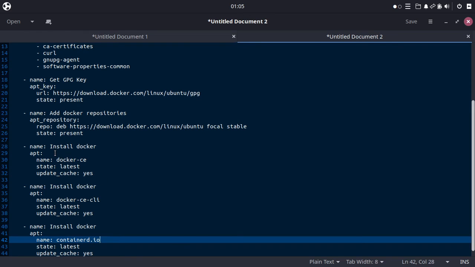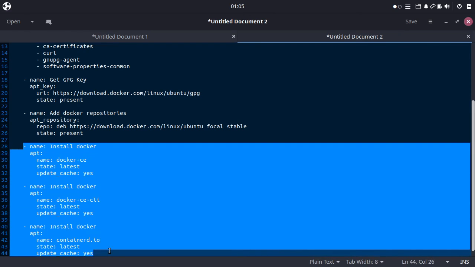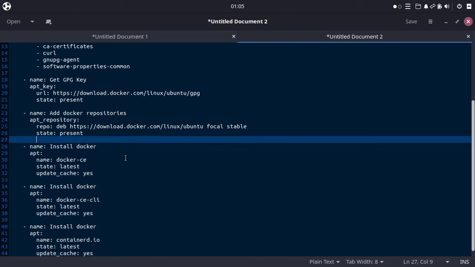So basically, these three tasks are doing similar things. They are installing applications with state latest and update cache. Yes. So why don't we group them and put them on the same task, and then basically loop it. That's right.